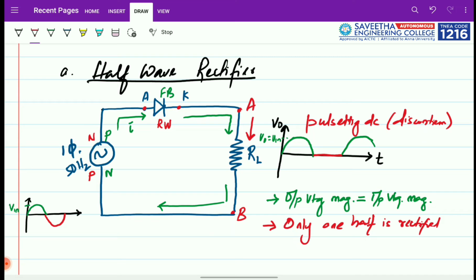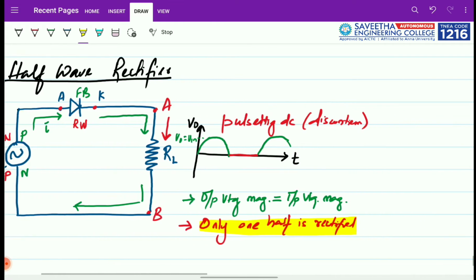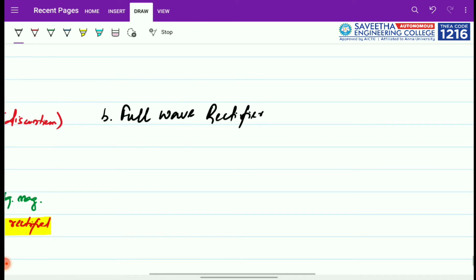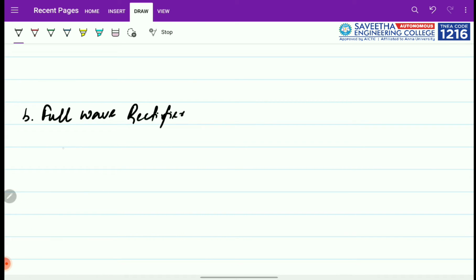So in this case, we would prefer to jump to another circuit where we are able to overcome this disadvantage, making the circuit conduct in both cycles so that both are converted. So what they do is they go for the next one, which is called the full wave rectifier. We are going to rectify the full wave. So in the full wave rectifier, we understand that